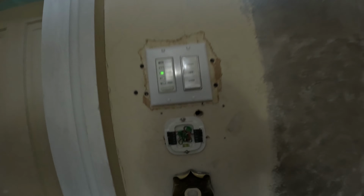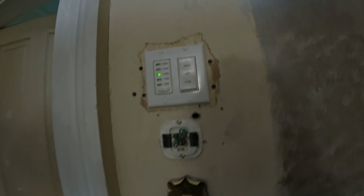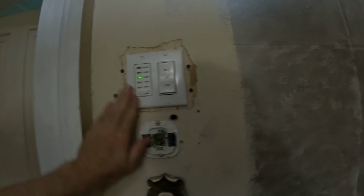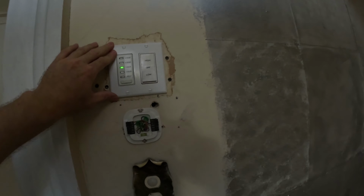Alright guys, that's it for this video. That's how I installed a timer switch for my attic fan. Didn't take me too long. Probably if I didn't have to film this, I'd be done in probably half hour, maybe an hour. You're taking your time. Most of the time you're trying to go around looking for tools that you need, so try to get your tools out first. I didn't spend too much money on it either, so